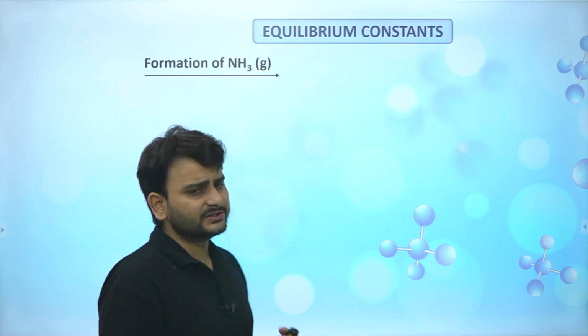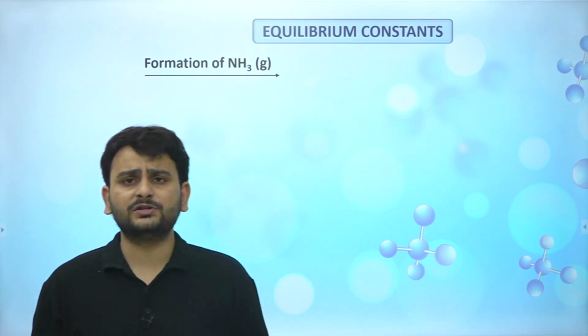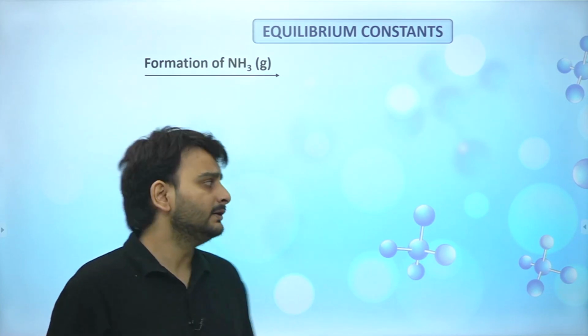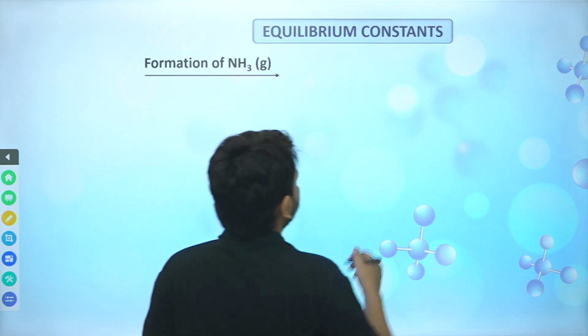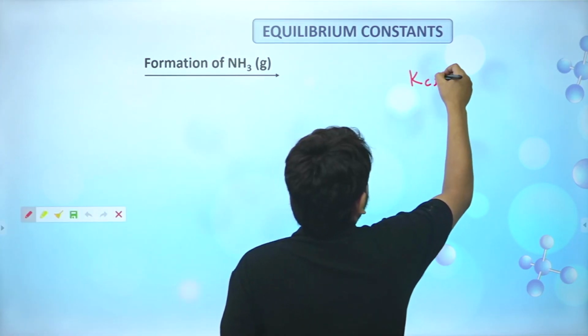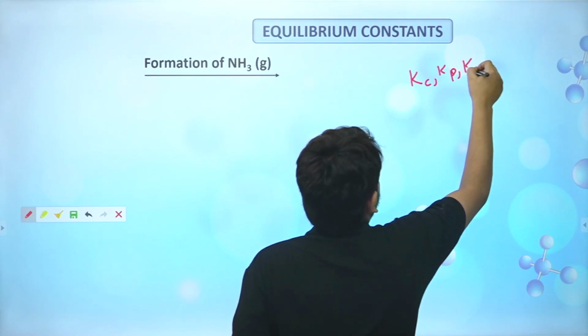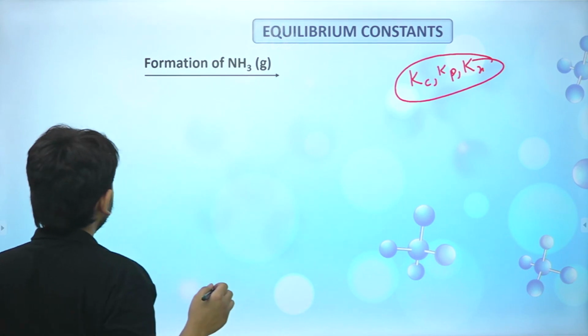Let's discuss formation of NH3, Haber's process, and I'll explain equilibrium constant using that. So equilibrium constant, right? There are three types of equilibrium constant that we'll be talking about: Kc, Kp, and Kx. We'll be talking about them just after this slide. But before that, what you need to know, guys,